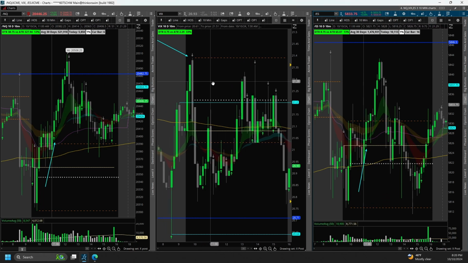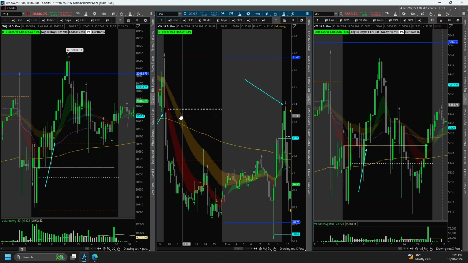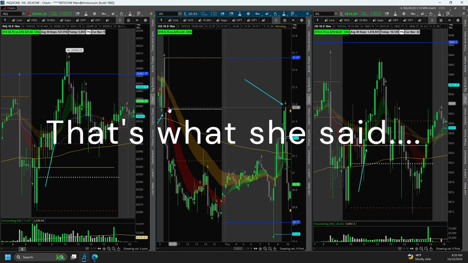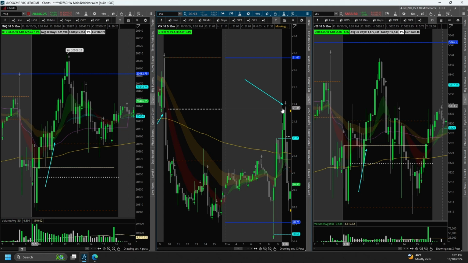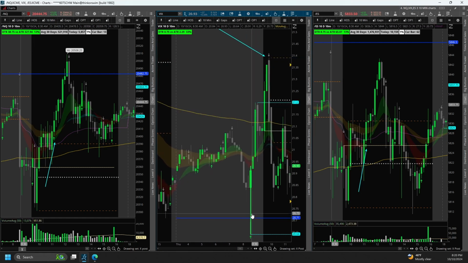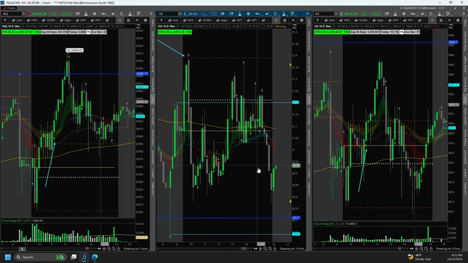One little key thing I want to highlight on the VIX, and we're just going to go back a little bit to the day prior. You see this gap right here? See how it filled this gap real quick? Initially there was a gap down, it filled this little gap, and gaps like to be filled. Once this gap was filled, it wicked through it and rejected, came up into the gap, wicked through it, and started to drop hard. And that was something you could observe as that 10-minute candle was printing, that it was a strong rejection on a different drawing that I had already marked. So